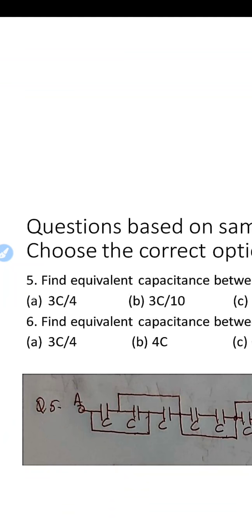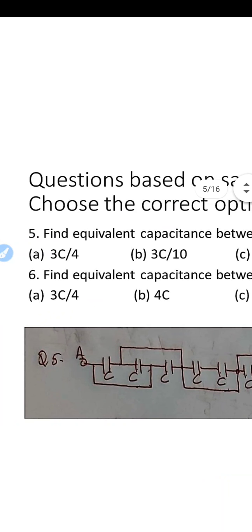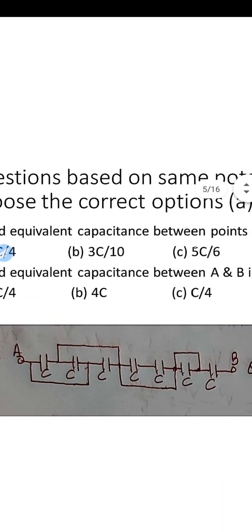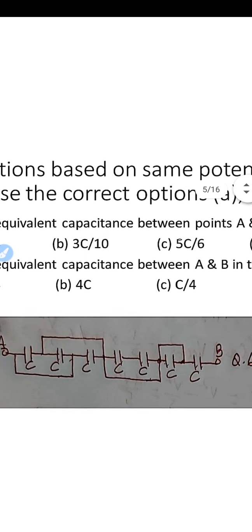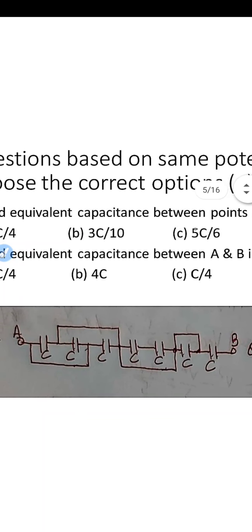For the next one, find equivalent capacitance between A and B in the figure. Here option A is 3C by 4, option B is 3C by 10, option C is 5C by 6 and option D is C by 6. In this question you see here